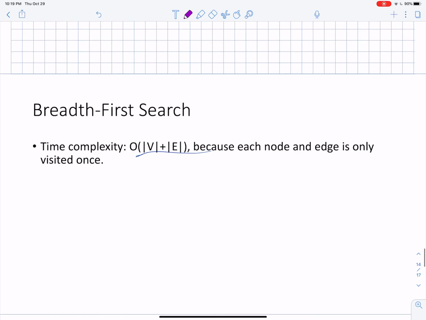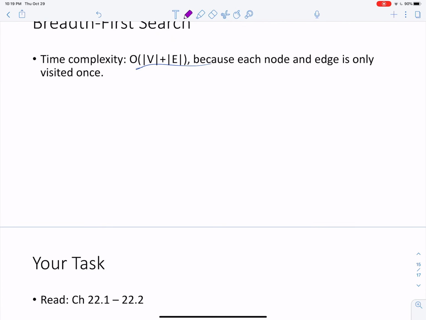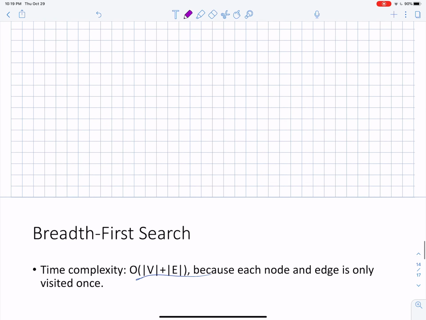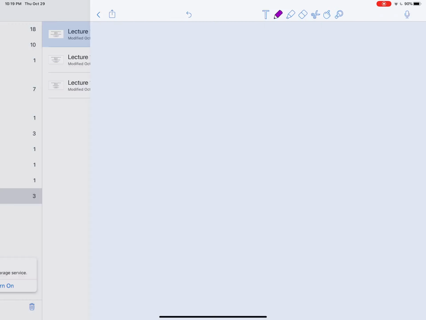Okay, so next I want to briefly talk about the complexity of the algorithm. It is V plus E, the number of nodes plus the number of edges, because each node is going to be visited exactly once. Okay, so this is the breadth first search algorithm. And actually,